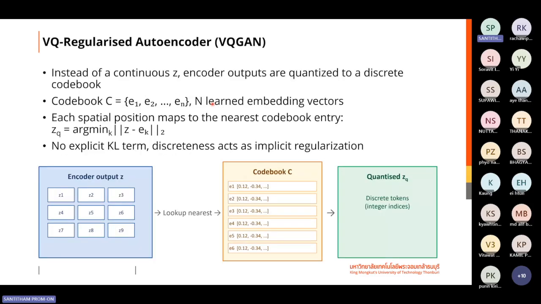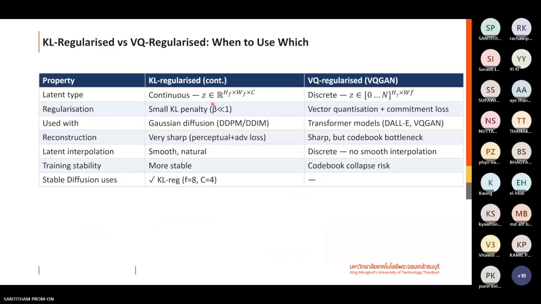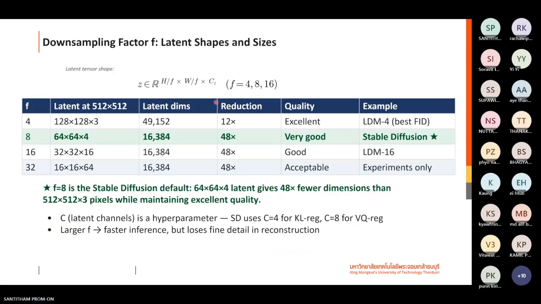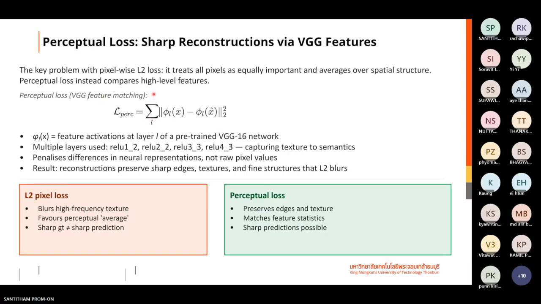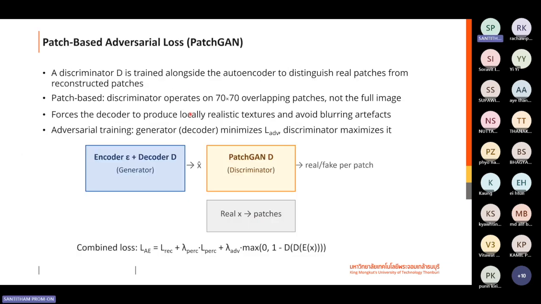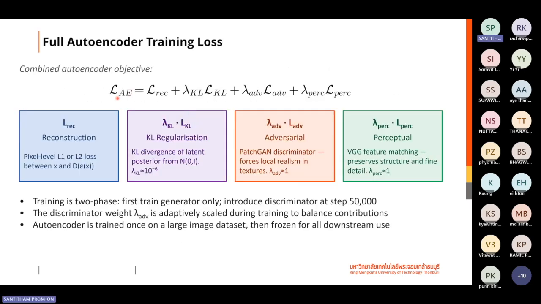I'm going to go through this. This is the sampling effect. Never mind. We are going to look at the compression here. This part is the perceptual loss or the reconstruction loss in the loss function. So combine all, you have reconstruction loss and KL divergence. Actually, some of these also have adversarial and perceptual loss. But in any case,